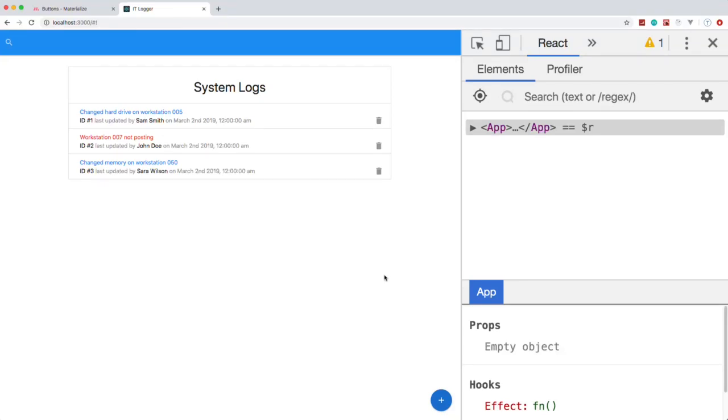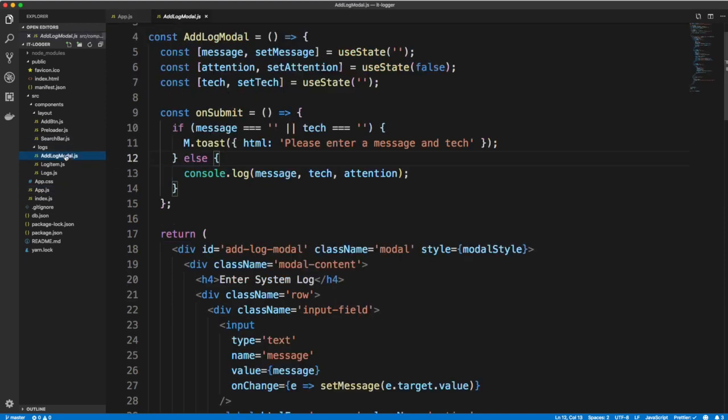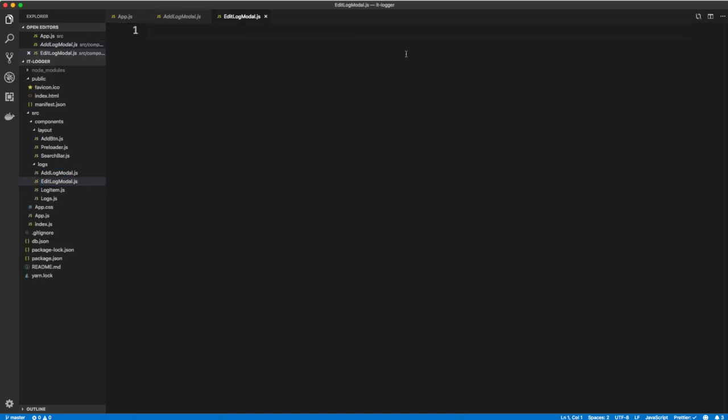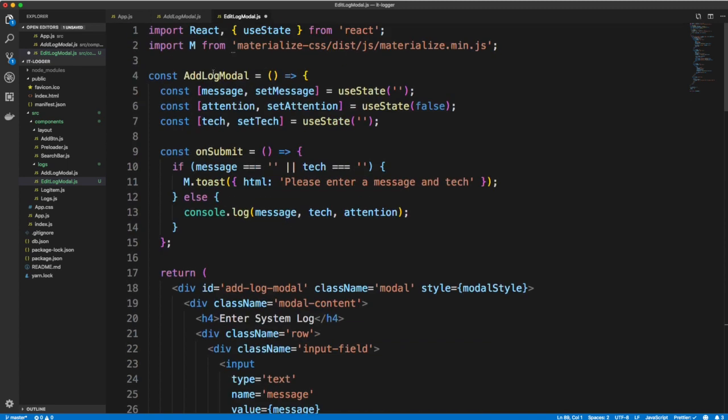All right, so now we're going to add the edit modal, which right now is going to be almost identical to the add modal that we created in the last video. So let's actually copy everything that's in add log modal, and let's create a new file here called edit log modal.js. So in here, I'm just going to paste this in, and then let's change the title here to edit